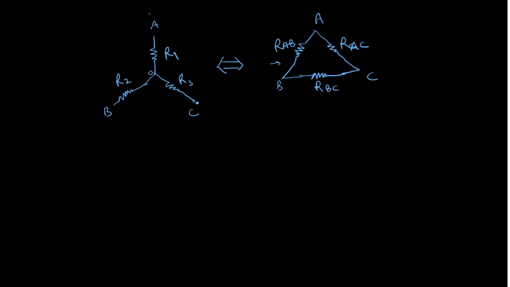If we are converting into this form, that is the delta form, this is called star and this is called delta. So star to delta we can convert. This conversion requires some prior information. If this star has R1, R2, R3 type of resistances, and I want to convert it into a delta form, that will have three branches and the resistances will be RAB, RBC and RCA.